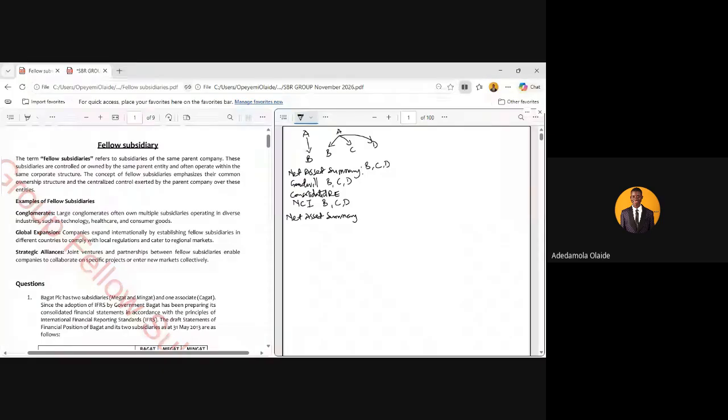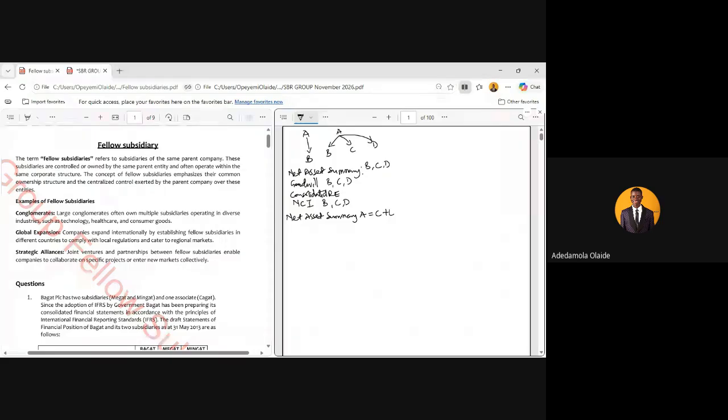From the accounting equation, we understand that assets equals capital plus liability. Asset equals capital plus what? Plus liability. Now, when we say asset equals capital plus liability, whatever we have said about the relationship that exists between the parent and the non-controlling interest and the subsidiary is that the parent